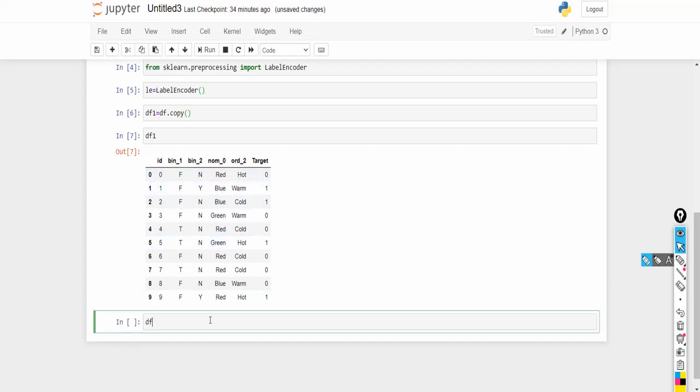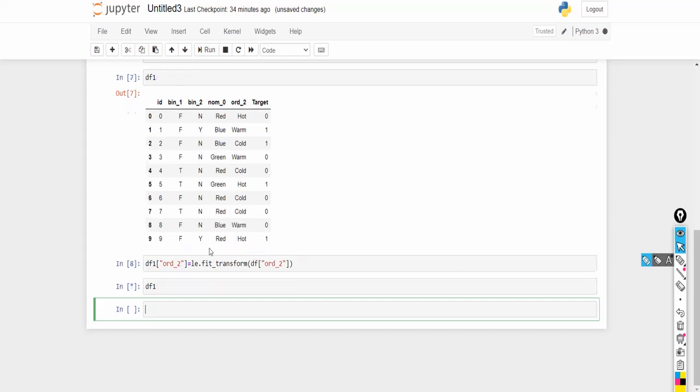So df1 of this column, I am going to replace by the transformed value, using le.fit_transform, giving the same variable, df of odd_2.